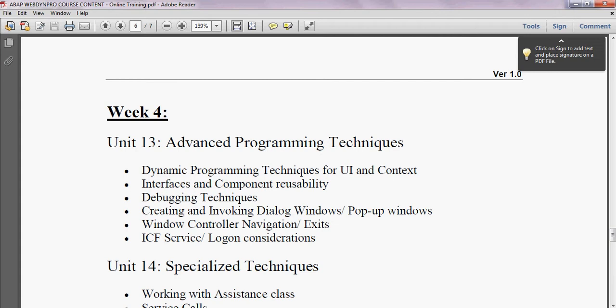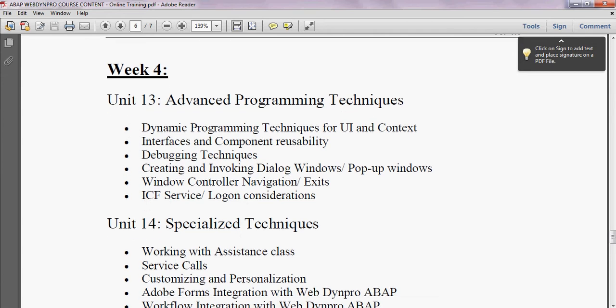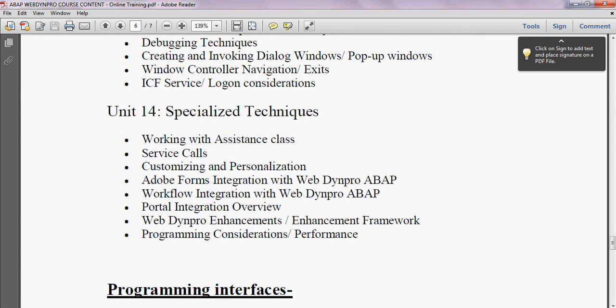An ALV table has a set of standard properties already delivered by SAP. We have sort functionality, we have filter functionality, we have settings. All of these are provided within standard SAP. So to achieve the ALV table in WebDyn Pro ABAP, we will have to take the help of a standard WebDyn Pro component, which will be covered in this particular introduction session.